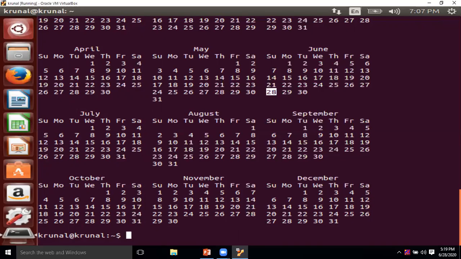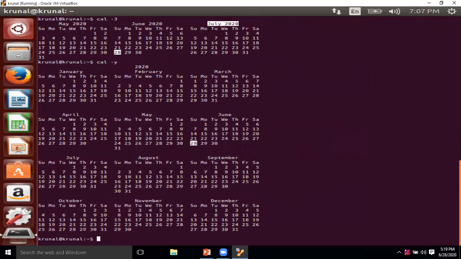If you want to adjust the screen to display all the months, press Control hyphen hyphen two times.